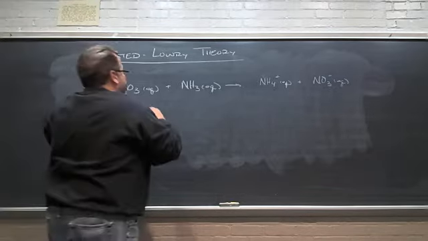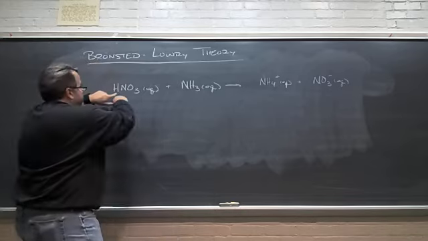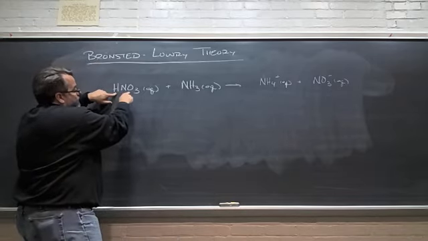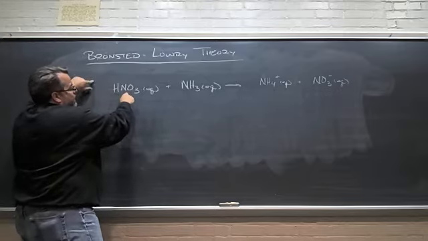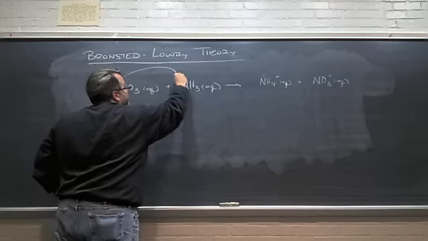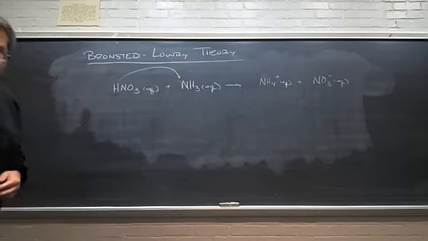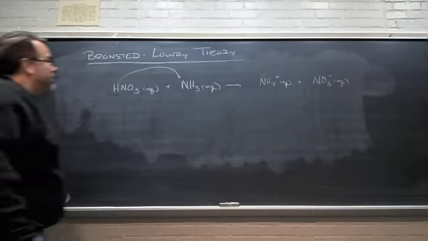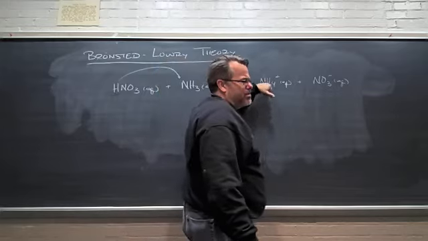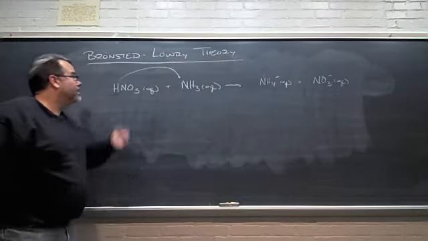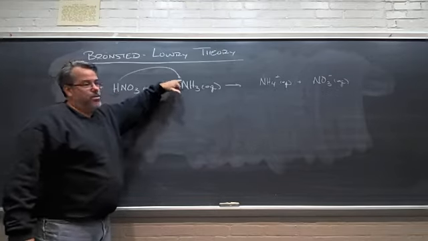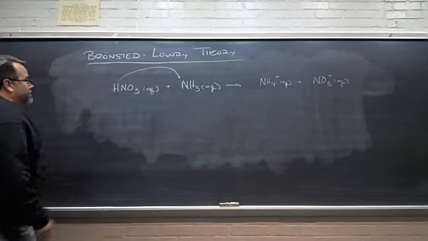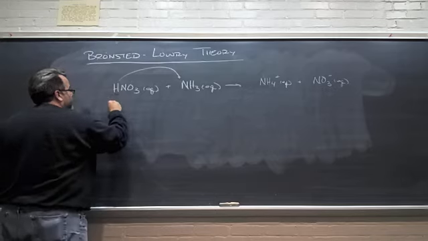Now, if you look at this, you can see what's actually happening is this hydrogen is separating from this NO3. This whole thing together is nitric acid. The hydrogen comes off, and the hydrogen binds to the ammonia to turn the ammonia into NH4. Right? So that means that this nitric acid is giving up one of its protons, giving up one of its hydrogen ions. So this would be